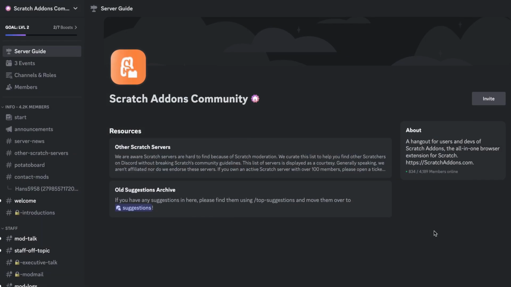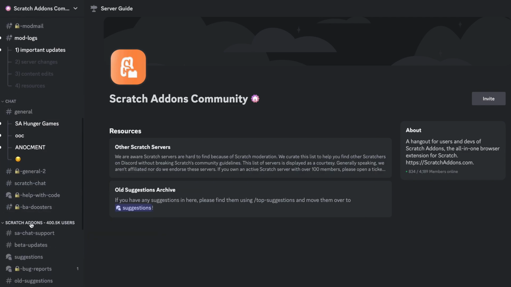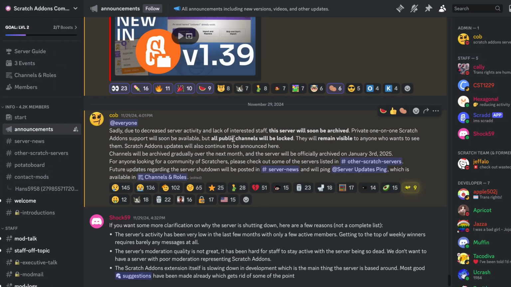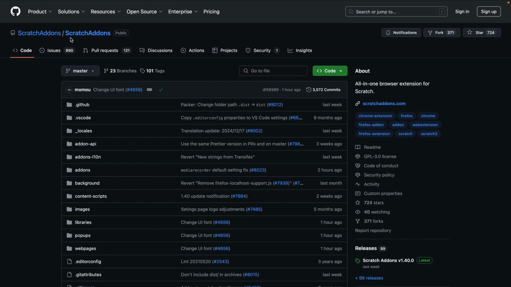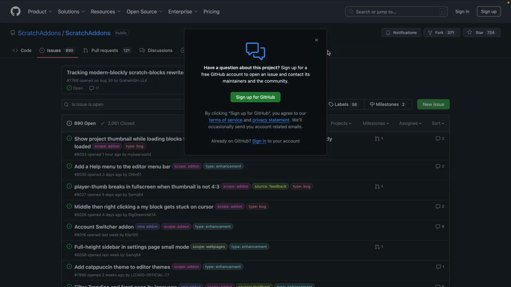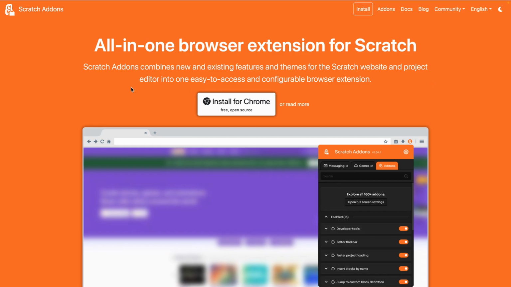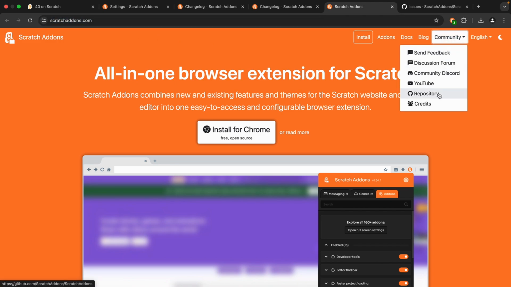Also, it might be a good time to mention that the Sketch Online community Discord server is shutting down, kind of. What we're doing is we're actually archiving it as a public server, so there's not going to be any more public channels. You can still join the server and get support with Sketch add-ons if you say you need to develop an add-on or you just have a question about something. And in the future, if you have any suggestions or bug reports, you should go over to the Sketch add-ons GitHub repository, go to the Issues tab, click New Issue. I am not signed in right now. You can find the GitHub repository by going to the Sketch Add-ons website. That's sketchaddons.com. Go to Community, then go to Repository.